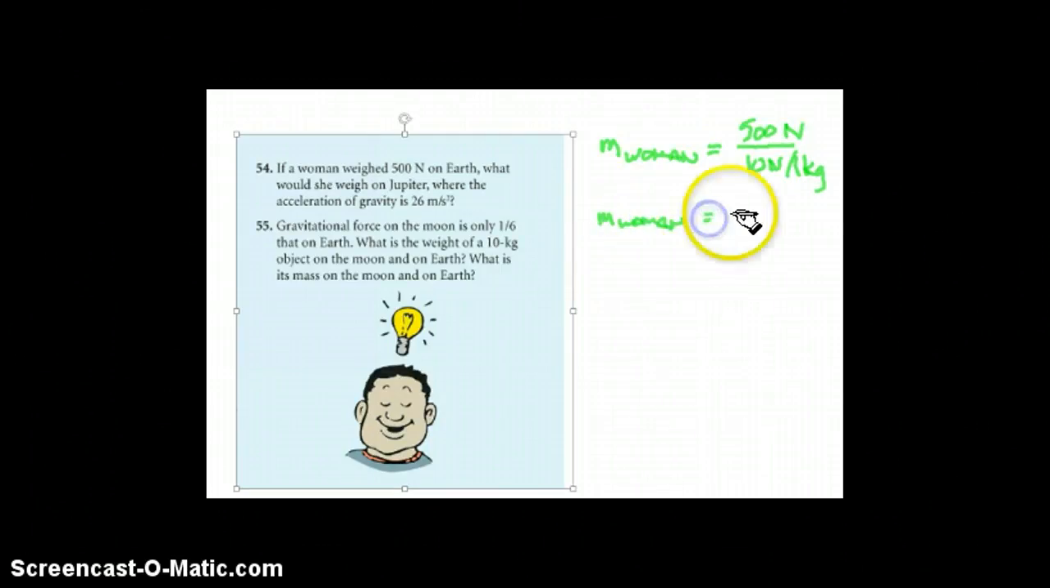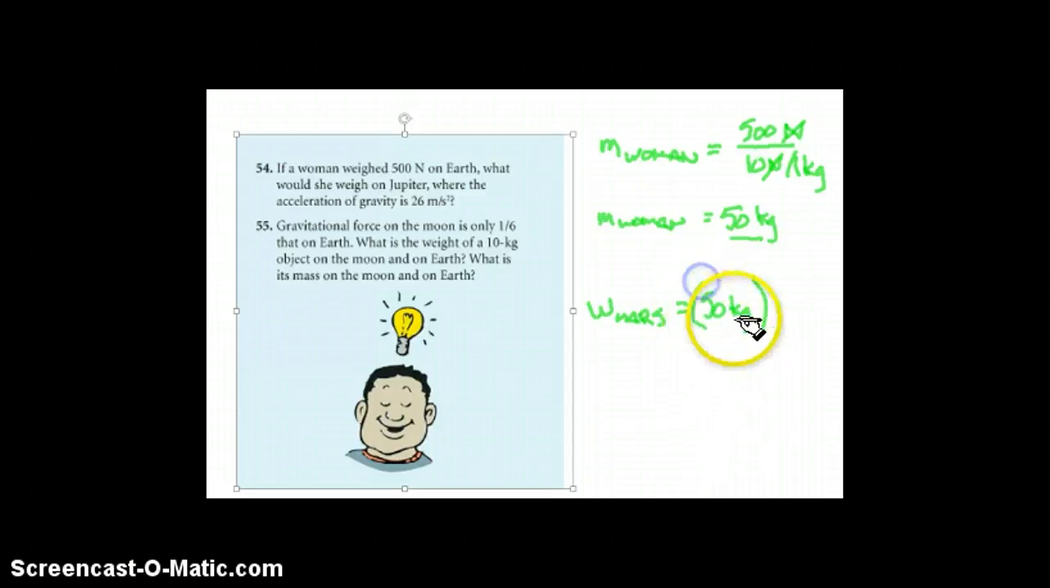is equal to 50 kilograms. You see the newtons up here cancel out, newtons divided by newtons, and then we get 1 over kilograms, and so the kilograms end up moving to the top, and we get 50 kilograms. All right, so then what we want to find is the weight of the woman on Jupiter. The way we find the weight is that weight is always the mass, which is that constant value we just figured out,